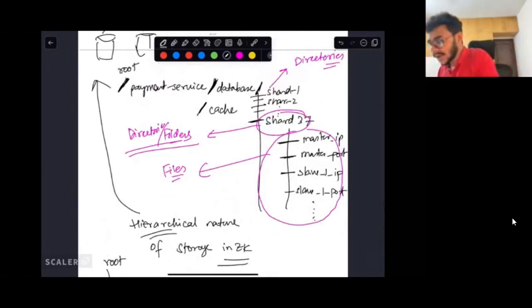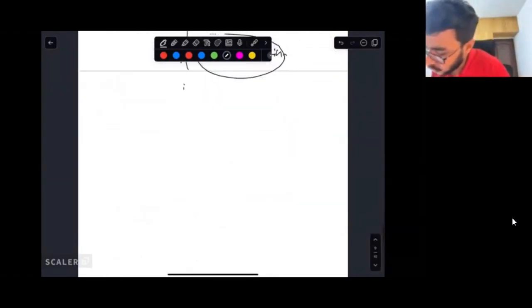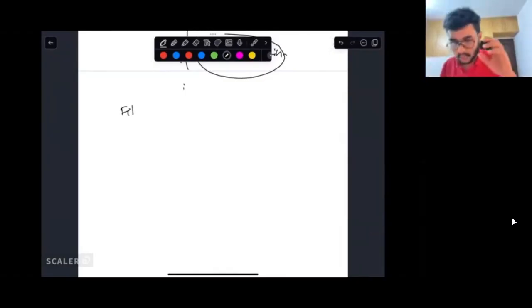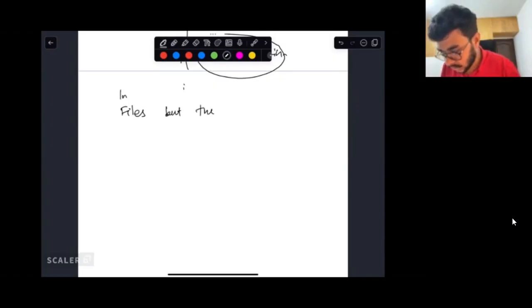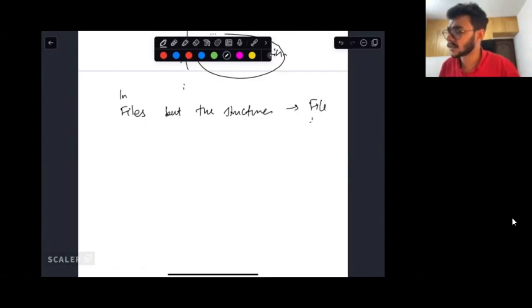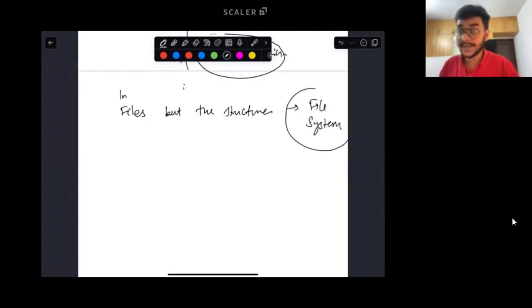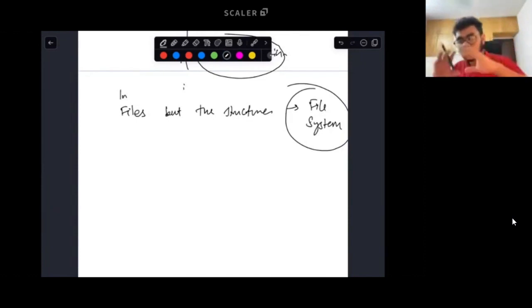So essentially, at the end of the day, it is trying to store data of your exact clusters in files, but the structure in which it stores it is similar to that of a file system model. Is this data structure, at least the way Zookeeper stores the data, getting clear to you? So Zookeeper is kind of doing orchestration and saving data.